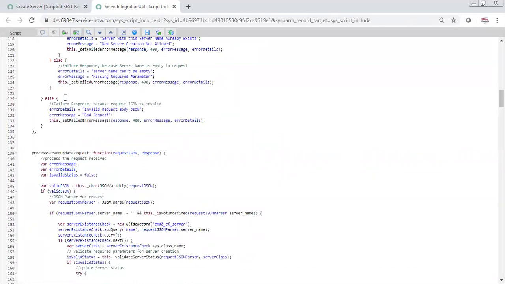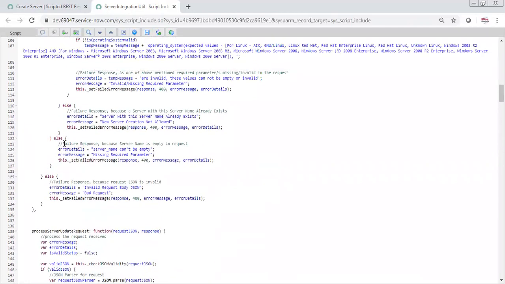And again it will say failure response because server name in the request is empty. And then again I am setting the message missing required parameter, and what parameter is missing, in the detail I am saying server name can't be empty. Then same error message I am calling, and these values will be set and they will receive an error.